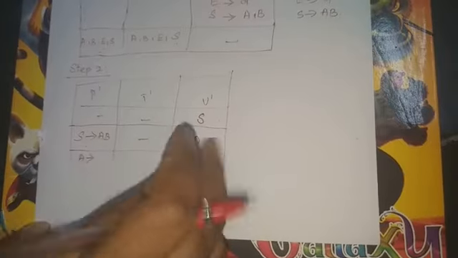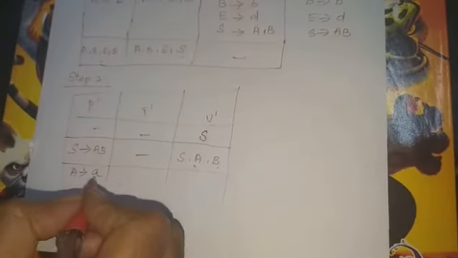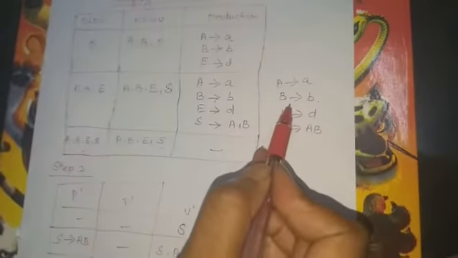That you will write. Okay, this is the first step and this is the second one. And then now A is a new production you have added. So for that, what is the production I got here? I got A. That you are writing. For B, what production have you got in step 1? B. That you are writing.